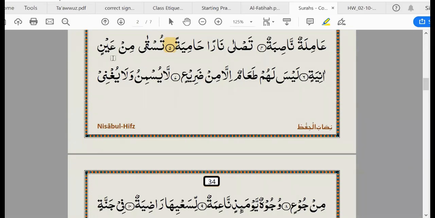Ainin. Aniyah. Laisa lahum ta'amun illa min